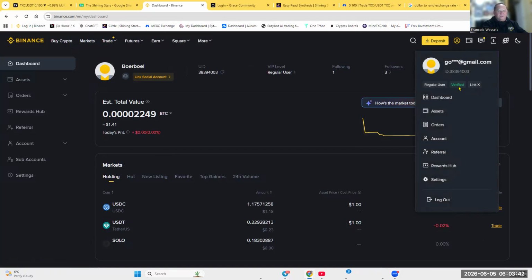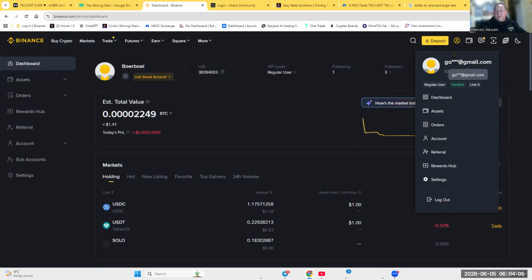Now, I would advise people, if you're not verified, log into your phone on the app and do your KYC. That is basically where you take your ID and you do a video screenshot. If you do it that way, it's 5 to 10 minutes maximum, then you are verified.